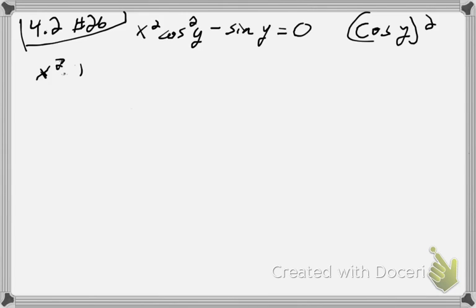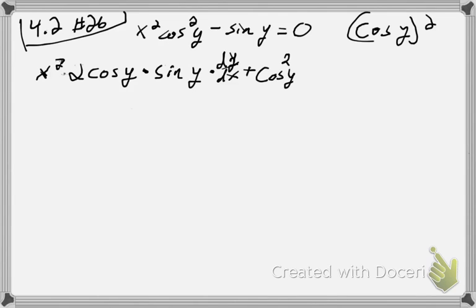and then that'll be 2. Leave the inside alone, which would be cosine y. Subtract 1 from the power, just 1, times the derivative of the inside, which is going to be sine. Leave the inside alone, so sine of y, times the derivative of the inside again, which is dy dx. Okay, dy dx. And then it's going to be plus the second, which is cosine squared y,